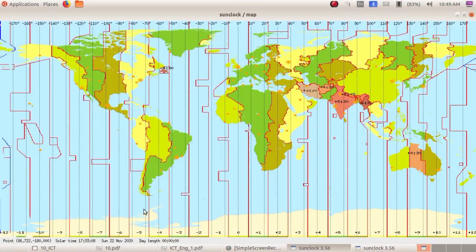So if we are clicking or moving to the left of the 0 degree Greenwich, the time is reducing. Going through the right side of the Greenwich, the time is increasing. So it is very easy, we can tabulate the column very easily with the help of Sun Clock software. So dear children, fill out the table 6.2 in your textbook. It is very easy. So we can start the next activity in the next class.